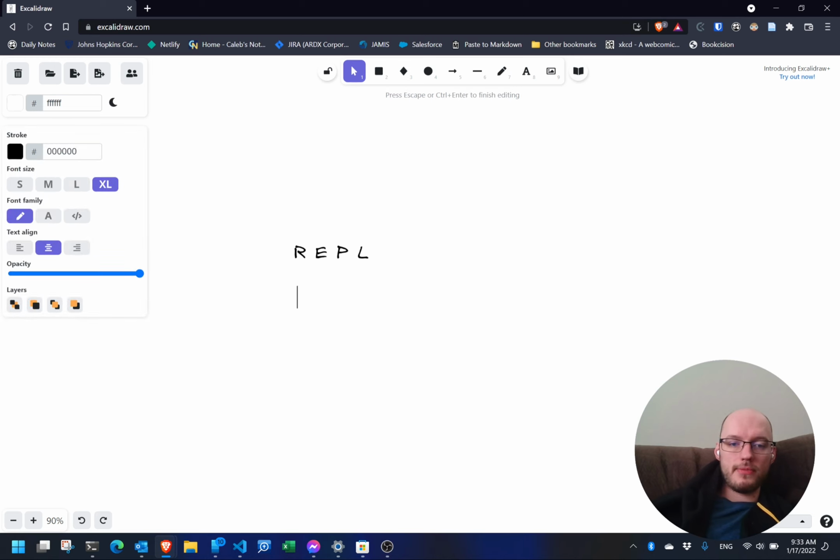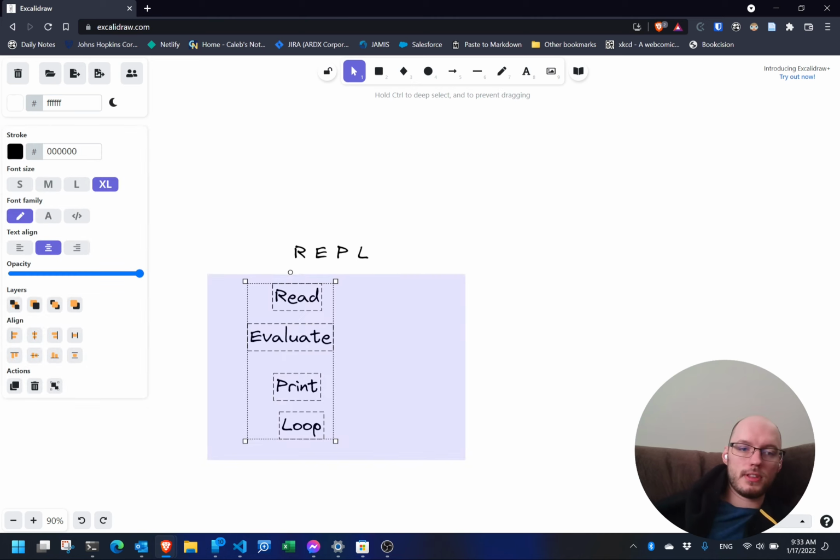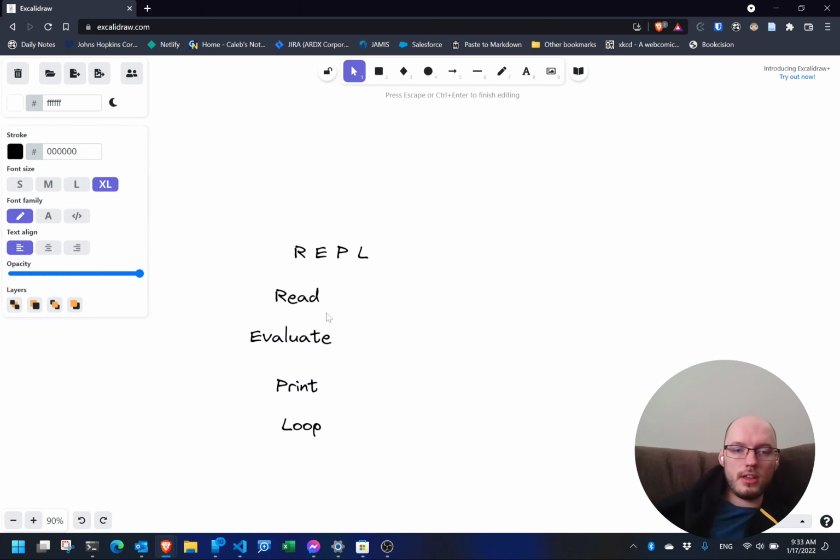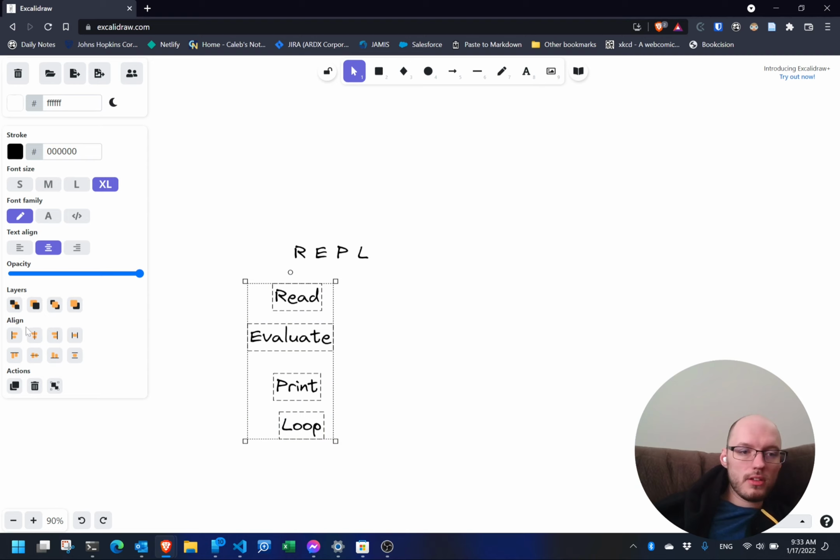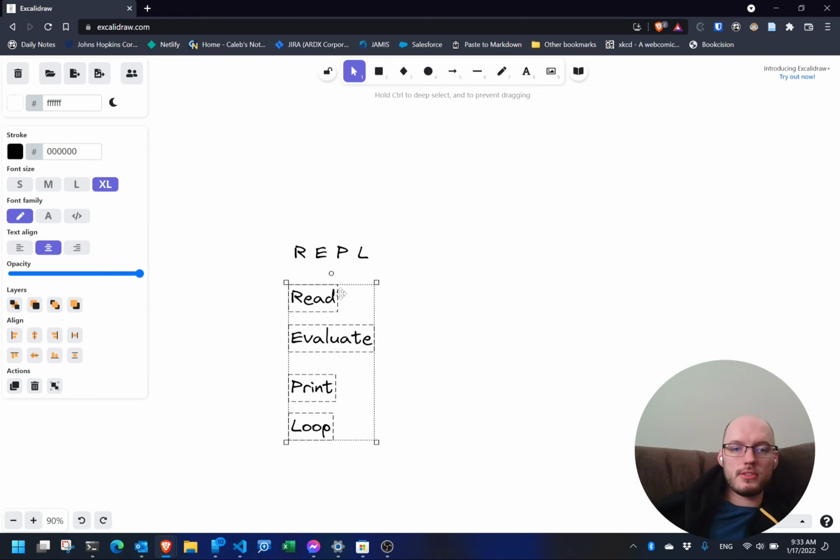What is that? Read, evaluate, print, loop. So it is a thing that does all those things. Yes. So a REPL,